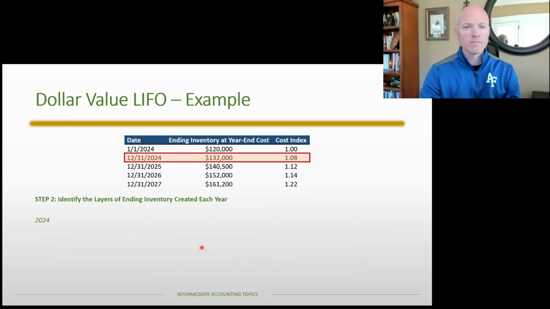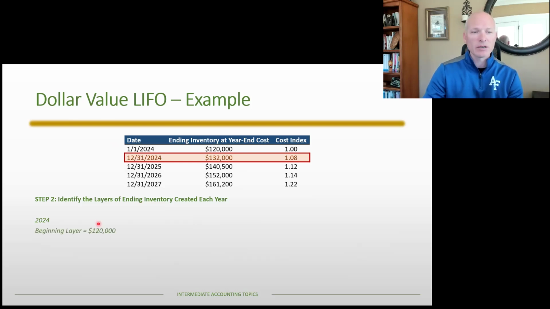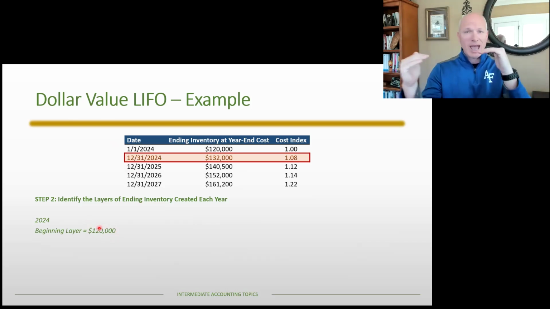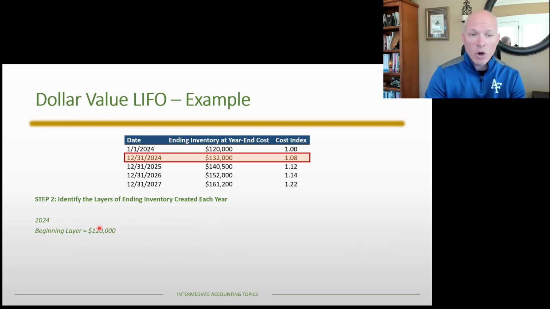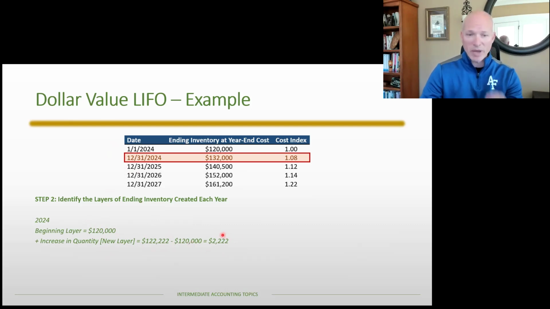Let's start in 2024. When we look at 2024, the first thing we need to ask ourselves is, was there a layer added? We know that our beginning layer was $120,000. Again, everything's in base year cost, so we can make an apples to apples comparison. And we know that there was an increase in quantity because there is a new layer. The base year cost of our ending inventory is $122,222, which is more than the original base year cost, which means in terms of base year costs, we added a layer in the amount of